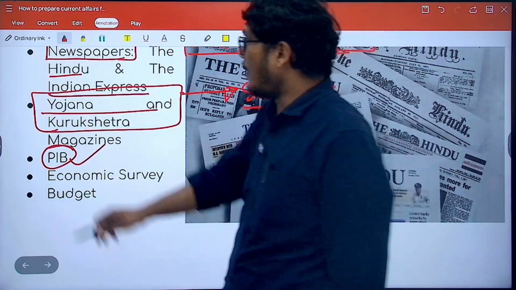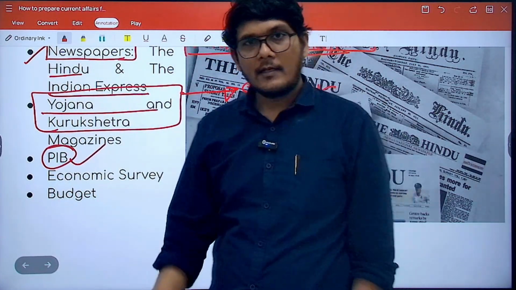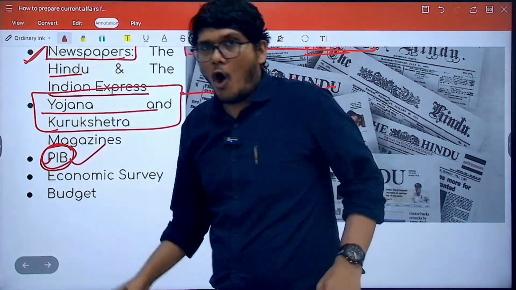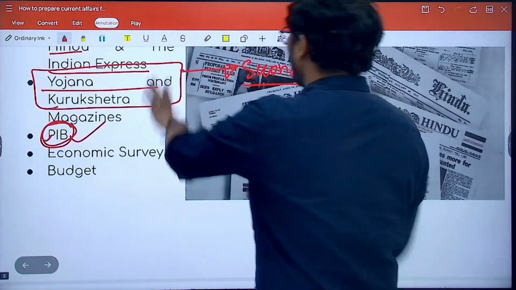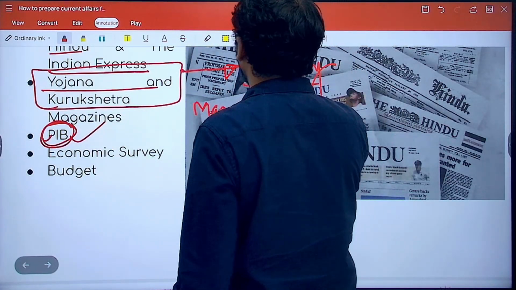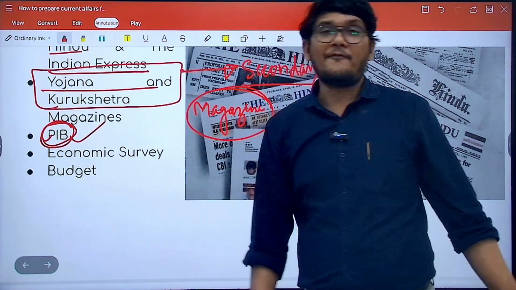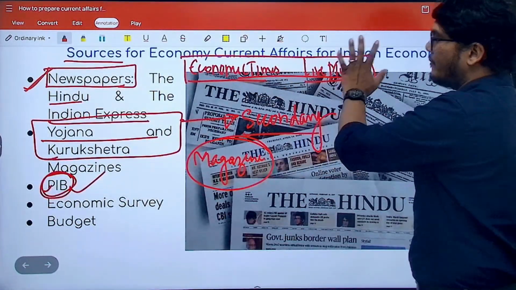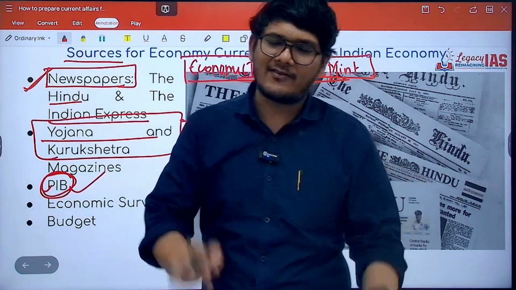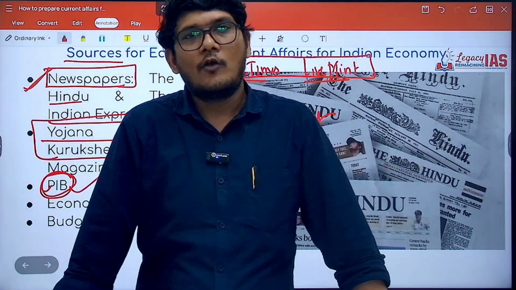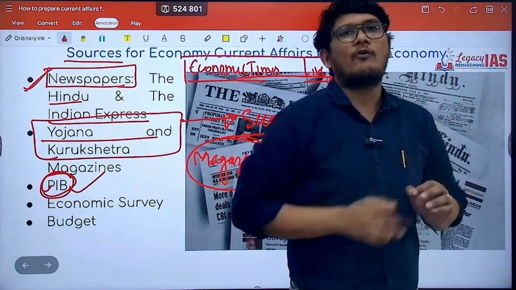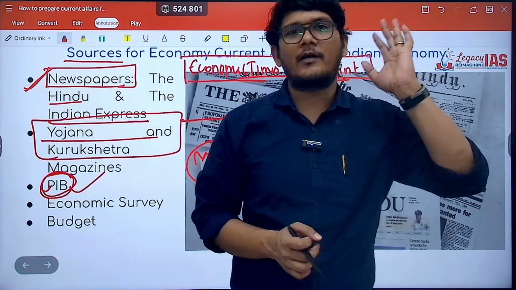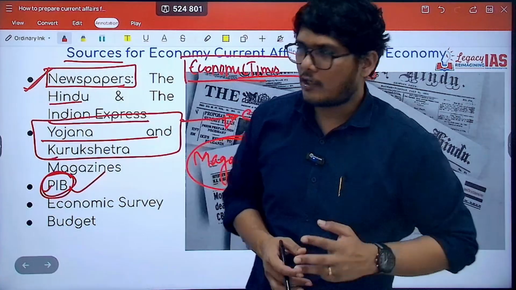So what have we done so far? The newspapers, the PIB. Now if you are referring newspaper plus PIB, or instead of that, if you want a very straightforward approach, you can refer to the current affairs magazine. The current affairs magazine comprehensively covers multiple newspapers, including the ones I have mentioned over here, along with the PIB, etc. Everything gets covered. So with very little time left, if you are lagging with respect to your preparation, just simply pick up the current affairs monthly magazine and start your preparation.